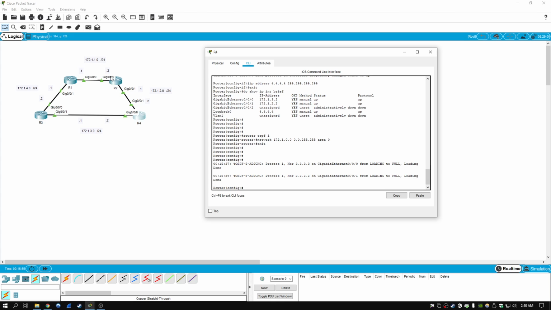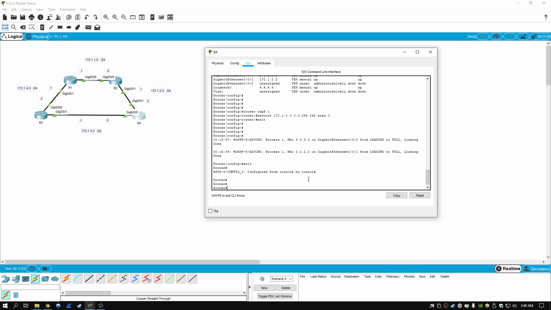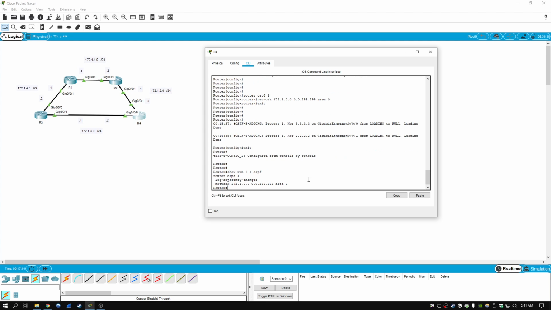It's basically just saying that we've established an adjacency with these two routers successfully. Well, that's pretty much it. So at this point, OSPF has been configured. If you want to verify this, again, you can do the show run | include section OSPF, and that'll give you the